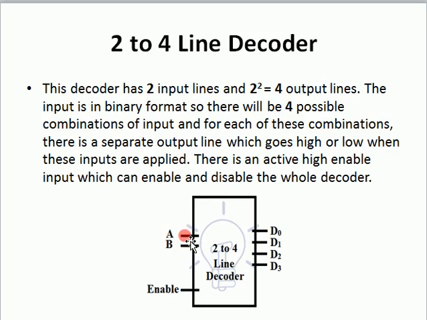Here you see that we have 2 inputs A and B, and the combination may be 0 0. So let's suppose it is 0 0, then it will specify which output goes high. So we have to see what output will go high by having 0 0 here. We will see it in the next slide.